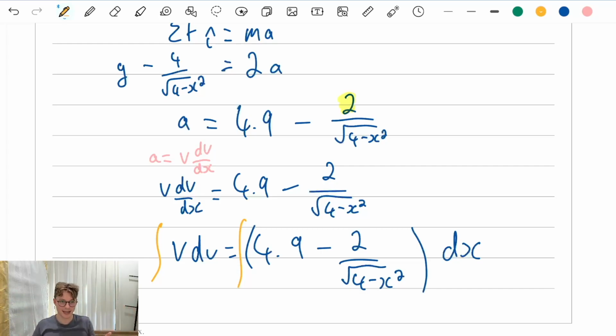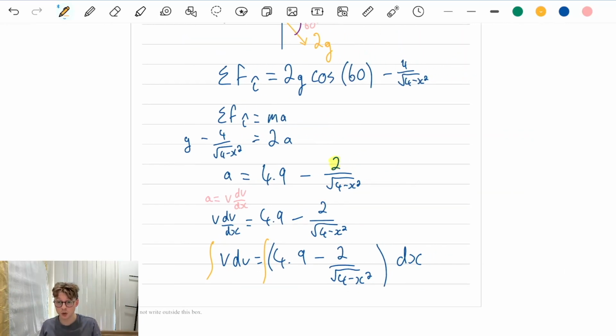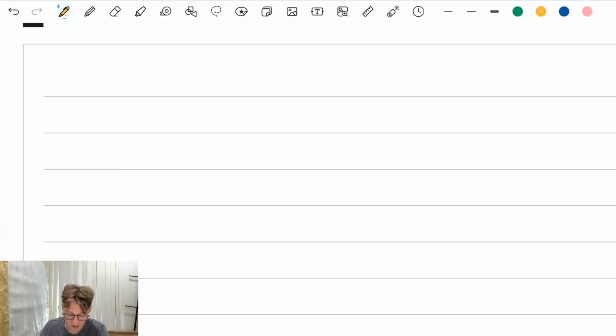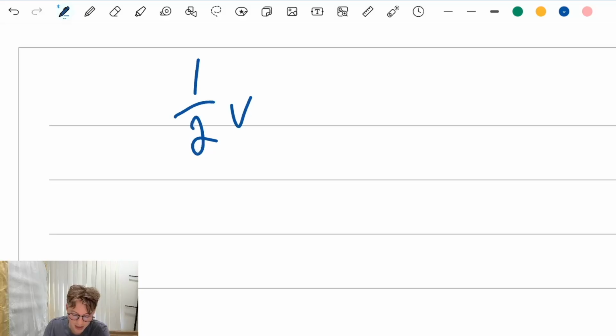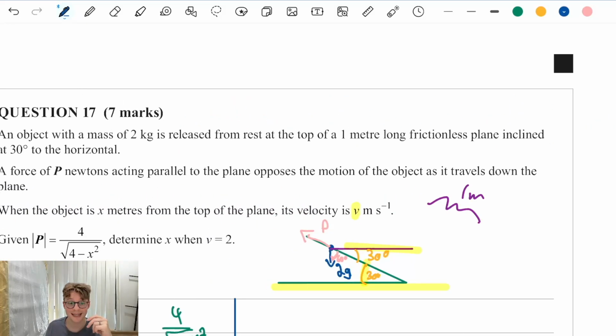Life's great. Okay? So if I go about actually doing these integrals, if I integrate velocity with respect to v, raise the power by 1, divide by the new power, I wind up with, if I turn the page here, a half v squared or v squared over 2. You can write it however you like. The preferred format, for whatever reason, is a half v squared. But v squared over 2, it's the same thing. You won't lose marks. That is equal to the integral,